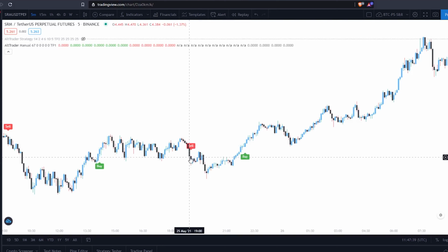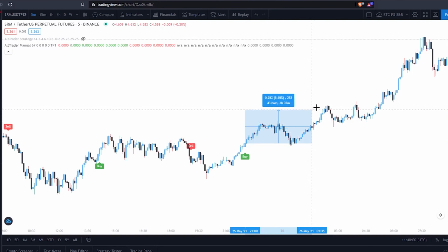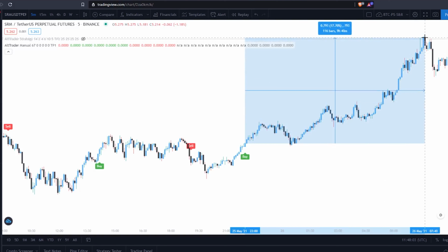And then in the evening, we also received a sell signal at 7 o'clock, and by, let's call it 8 o'clock, we had another 2.6%, so that's $1,200, let's say, that we're up by, and then this massive move here. At 10 o'clock last night, we jump in on this trade, and we're up by 17%. So those 4 signals alone would have been over $3,000 from the ALTTRADER Indicator on Serum,